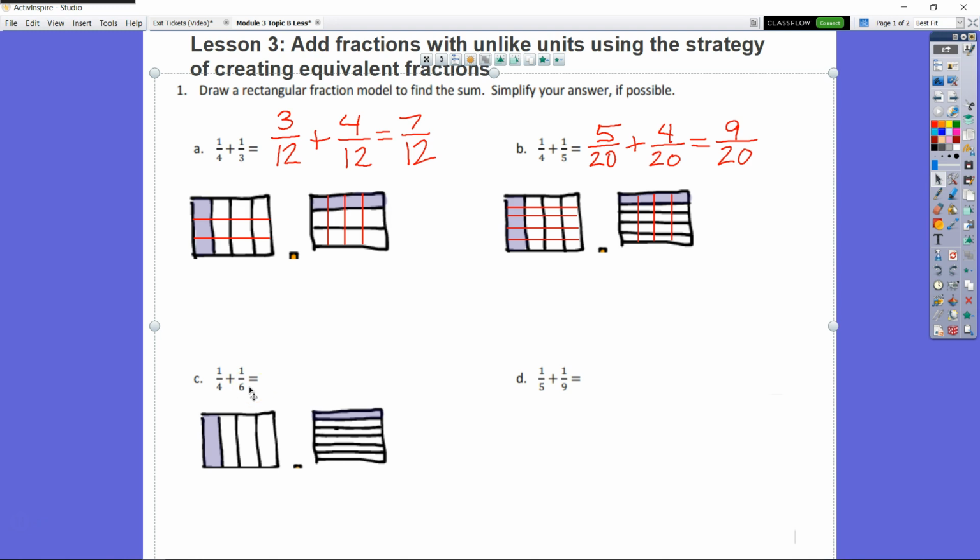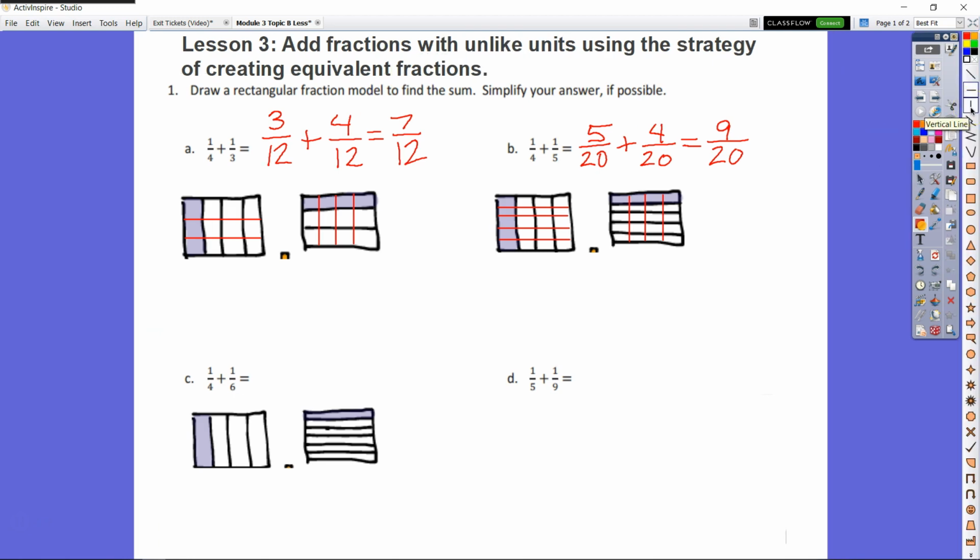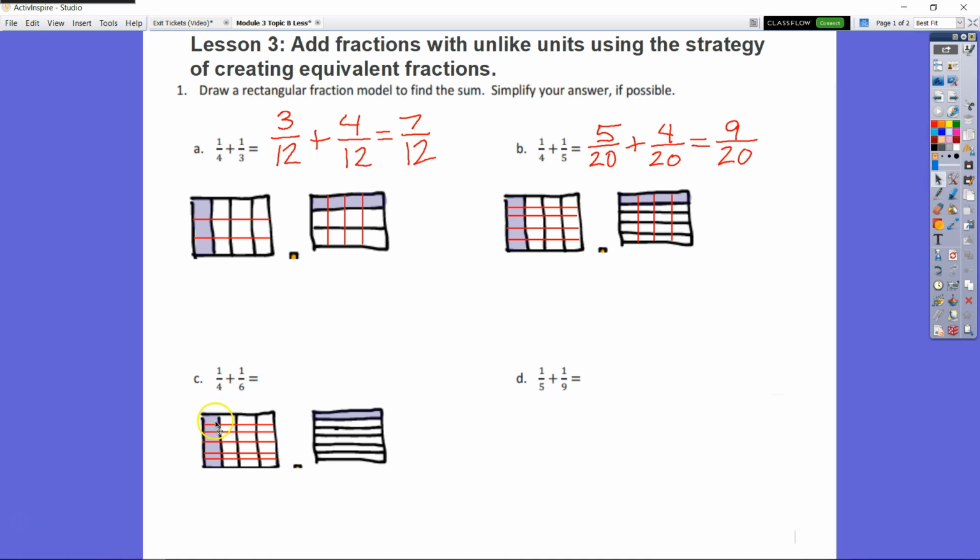Okay, looking at C, we have 1/4 plus 1/6. Now we know we cannot add fourths to sixths because they are different units. We're going to start with our fourths. So each one of these fourths is going to be split into 6 parts by me adding 5 lines. So I'm going to put 1 in the middle, and then another one that's 2, 3, 4, and 5. Now remember, it doesn't have to be perfect. I have 1, 2, 3, 4, 5, 6. They're supposed to be equal parts, so that would be 6. 6 and 6 is 12, plus 6 more would be 18, plus 6 more would be 24. So I know that my 1/4 is now equal to